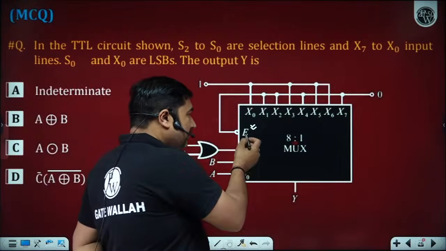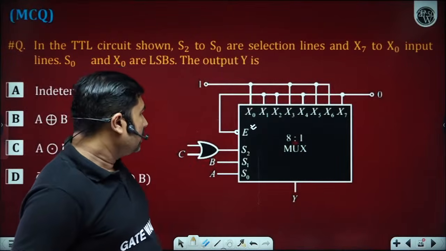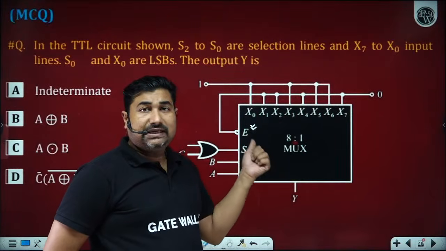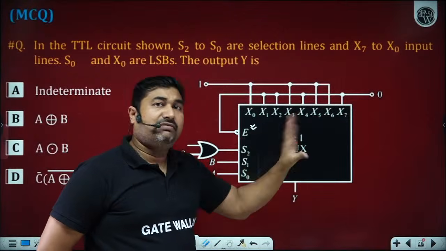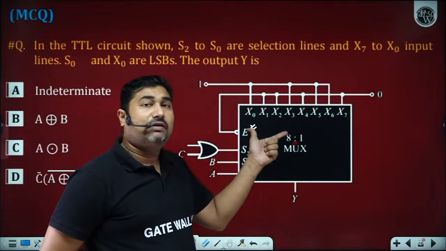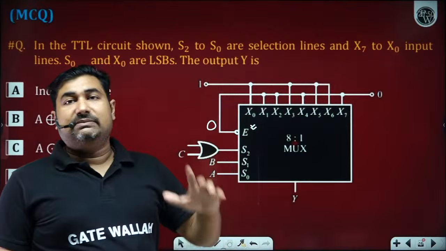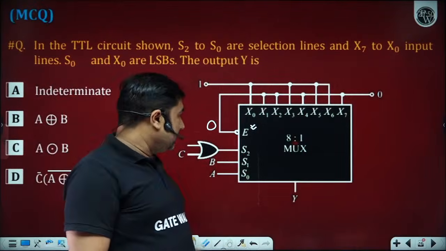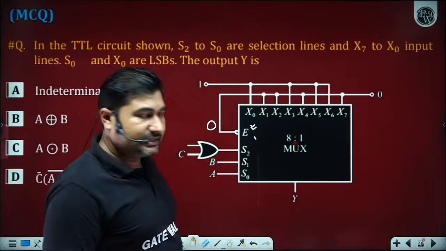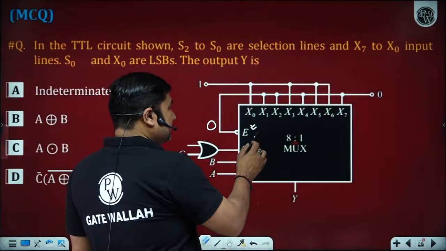So here, what is the function of this enable? To activate or deactivate this chip, basically. If you observe here, we are giving a bar before enable. What does it mean? A NOT gate just before enable. If the NOT gate is before the enable, it means the AND gates of the multiplexer get enabled when 0 is given at the input of this enable bar. Is it okay? So when this is 0, then enable is high, it means the circuit gets enabled. And if this is 1, then the circuit will remain in the off state. How many of you able to understand up to this part, betaji?